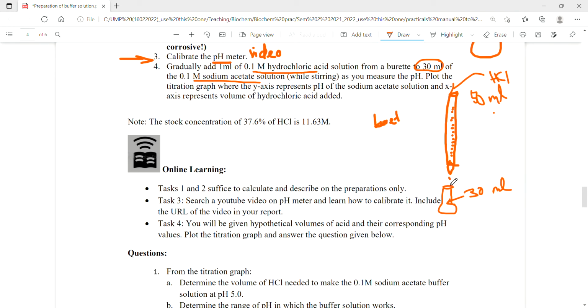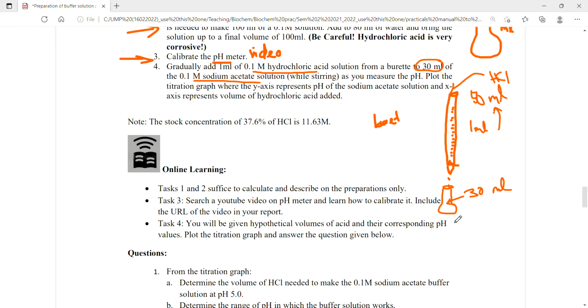So dropwise, every time add 1 ml of the acid, and then you stir the